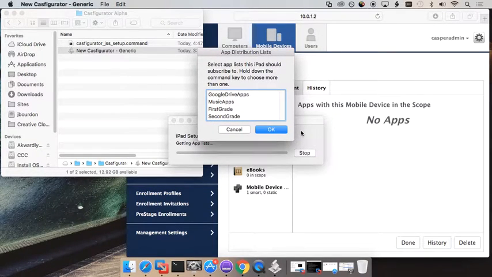Our script has now checked the JSS for smart mobile device groups, with the names starting with App Distribution Group, and found their criteria. Again, this is all coming from the JSS now. You can select any or all of the criteria with a command click. I want these iPads to get the Google Drive apps and the first grade apps, and it will pop up